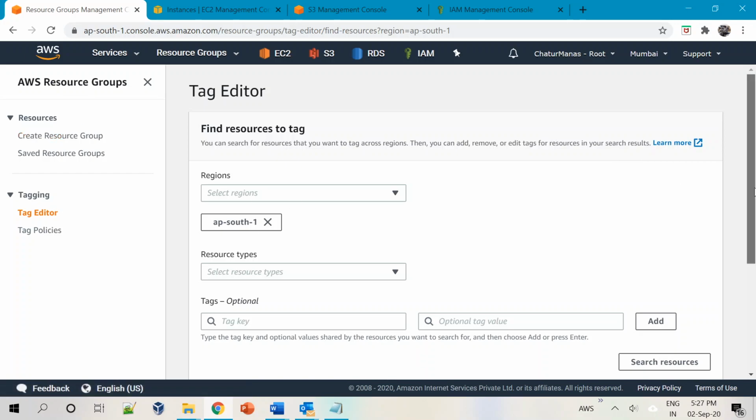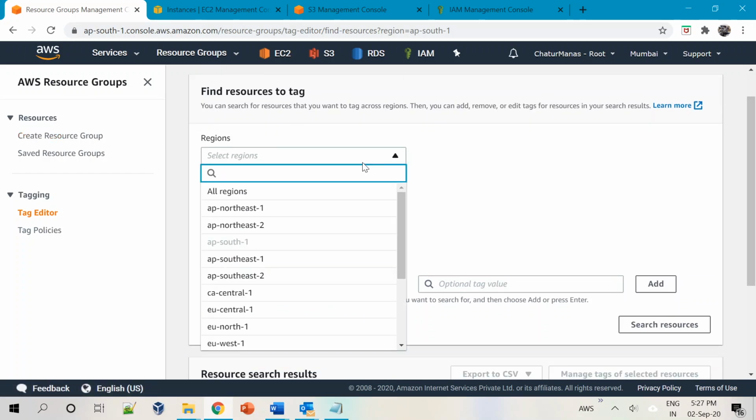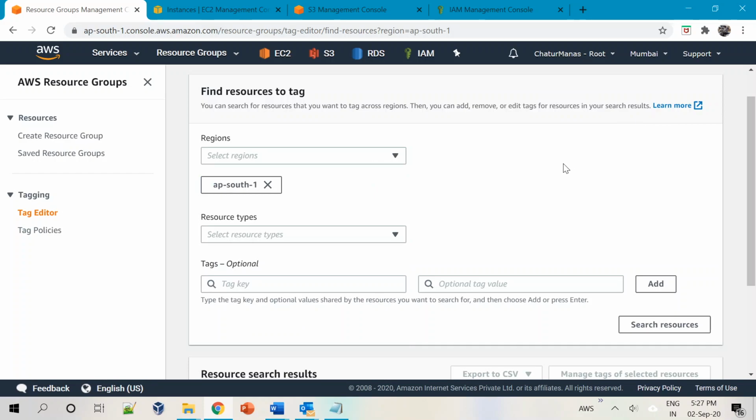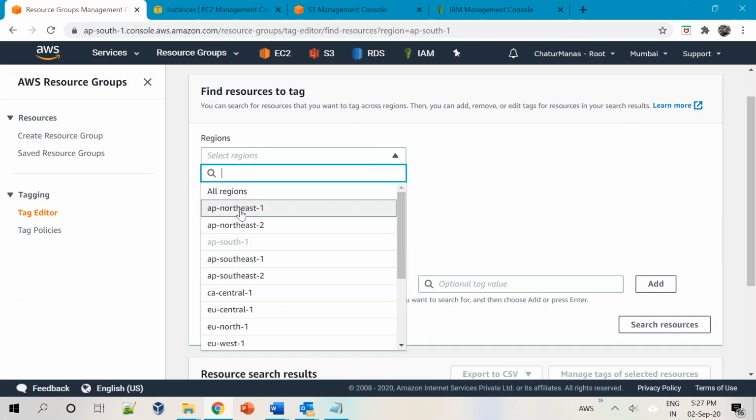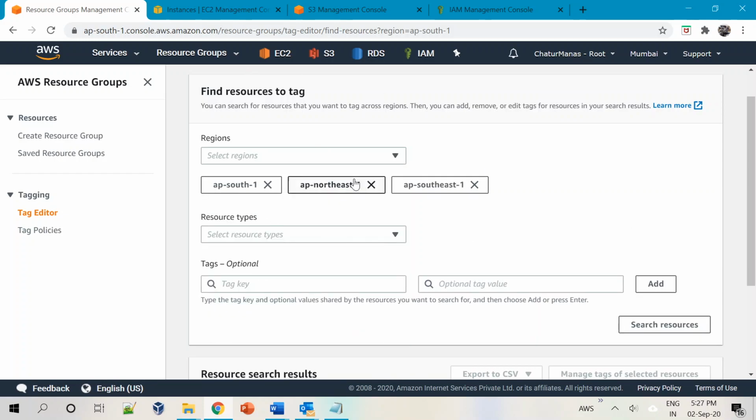I can also choose multiple regions in this, so I can choose tagging of resources from multiple regions. For example, in this case I have only AP South one chosen, right? I can also choose Northeast, I can also choose Southeast. I can have multiple regions, and I can bulk tag all the resources from these regions in a single go. So that's the advantage of going with the tag editor.